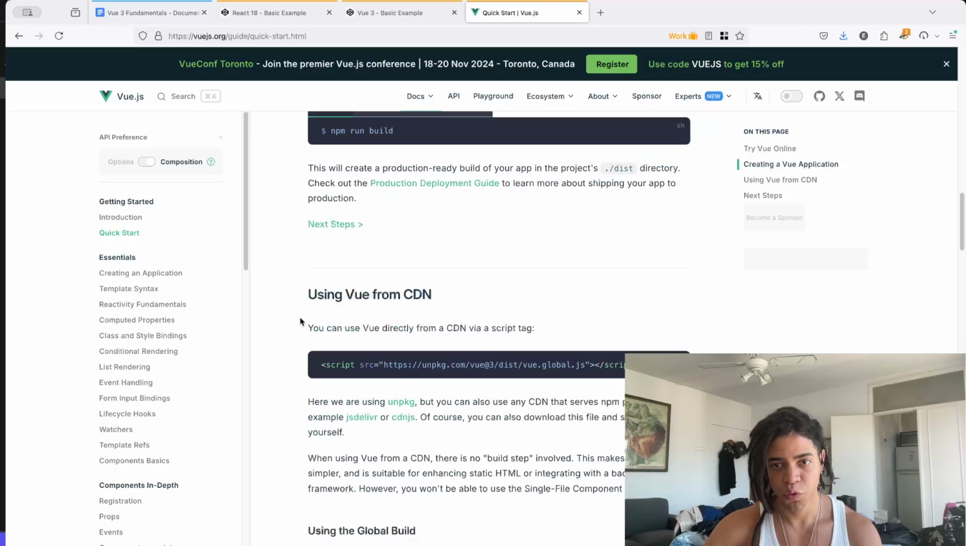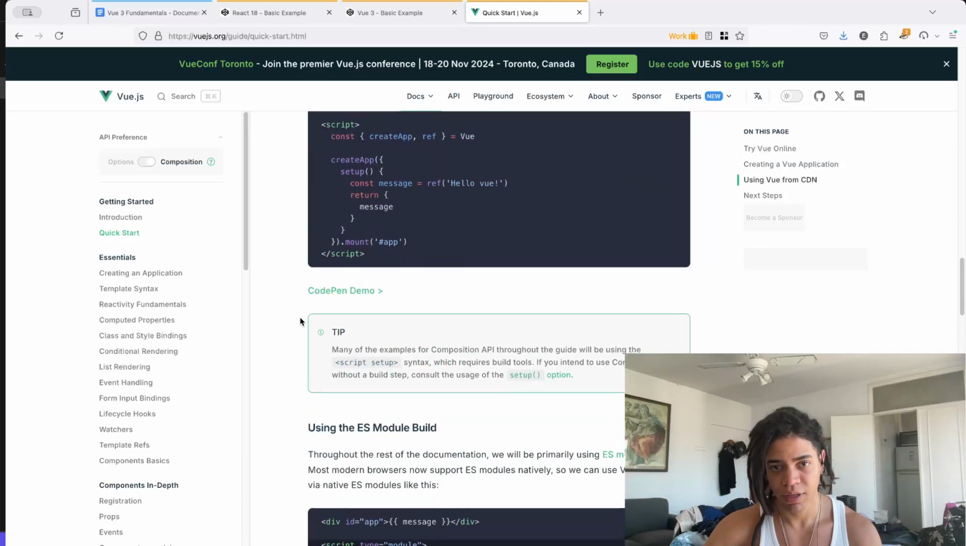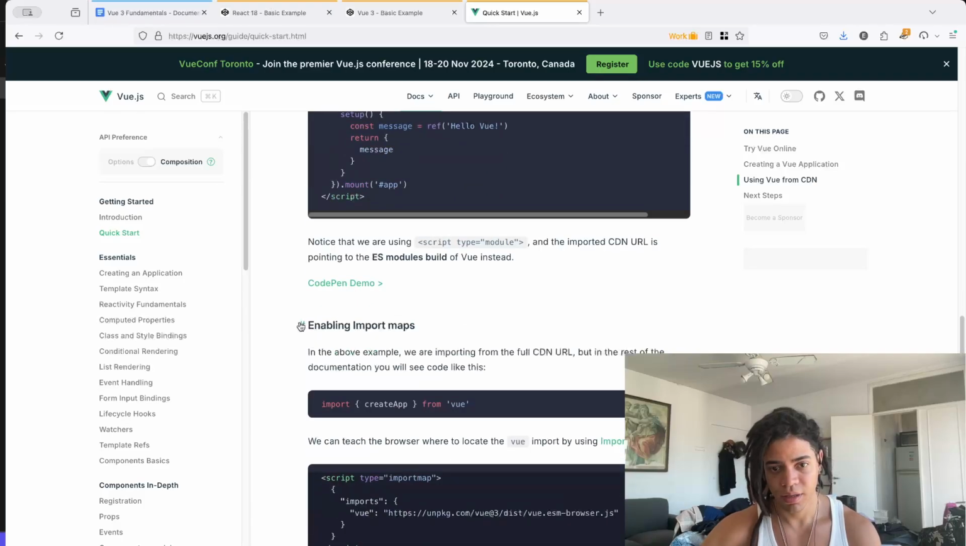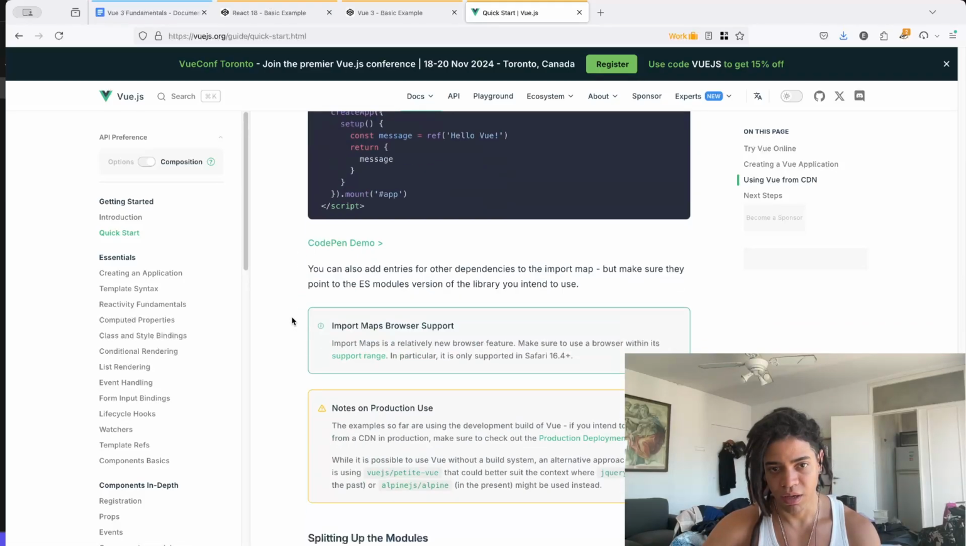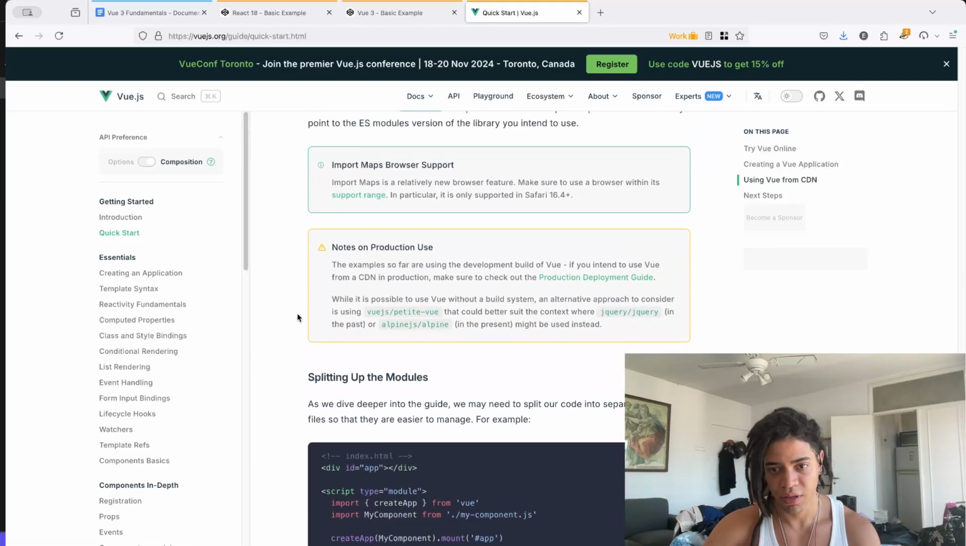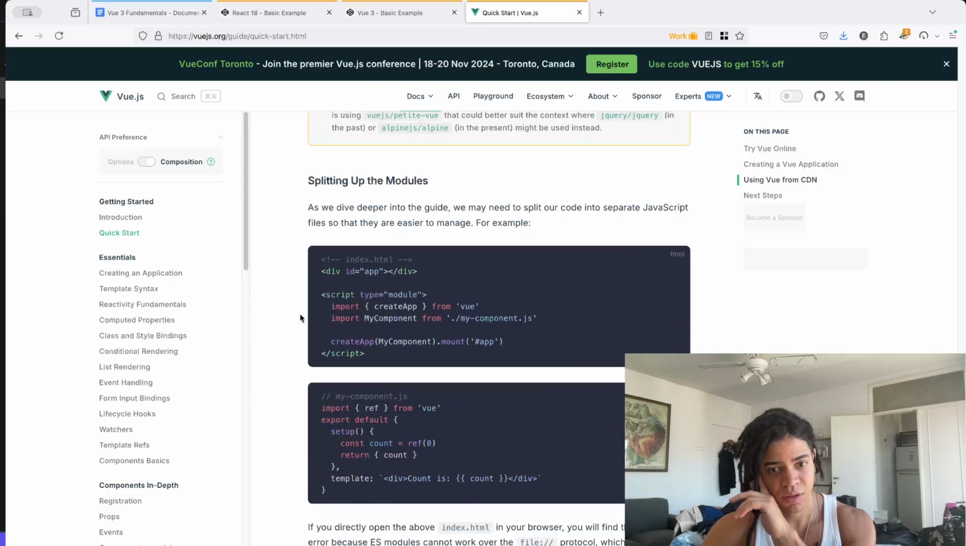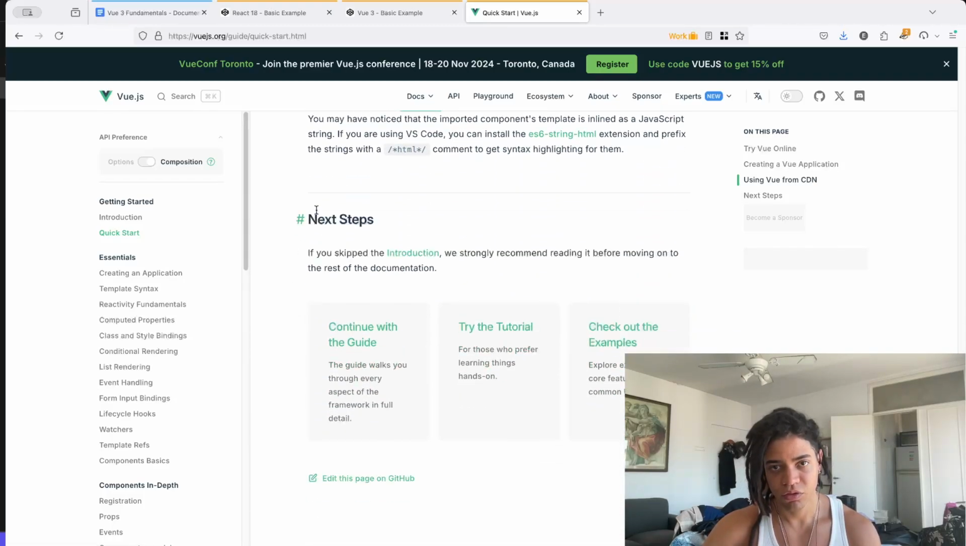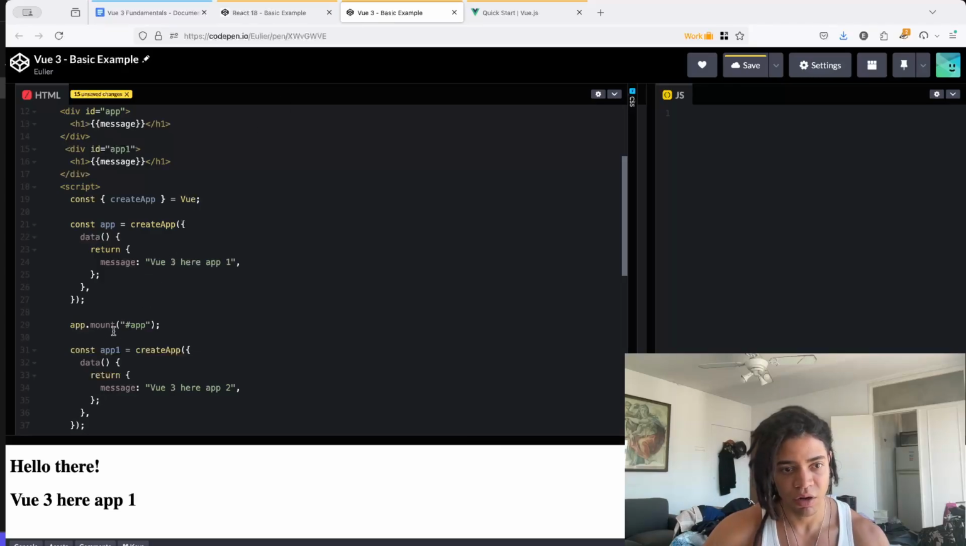This is if you want to use a build step for that, or if you just want to use it from CDN. But now this is something interesting. As you can imagine here, we are not able to,